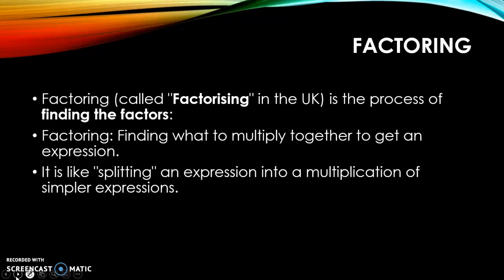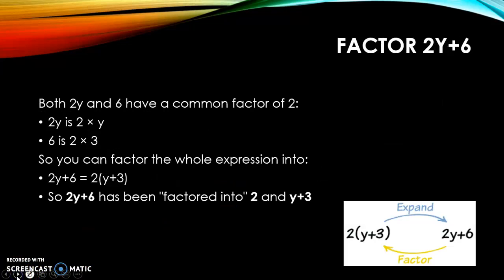So if my expression has a 4 in it, I know I had to multiply somewhere in there either a 1 and a 4 or a 2 and a 2 to get to that 4. So we're working backwards. It's like splitting an expression into a multiplication of simpler expressions. Let's take a look at what this looks like. So in the expression